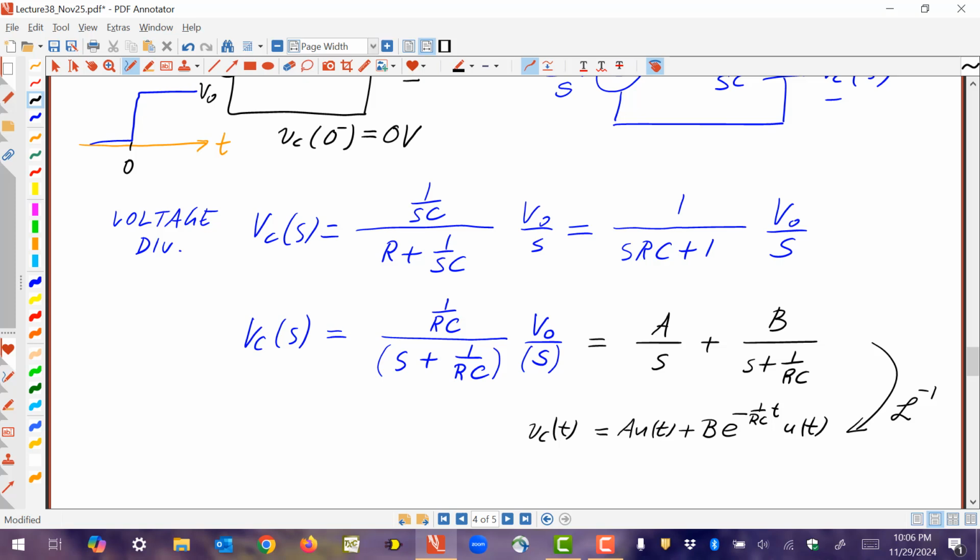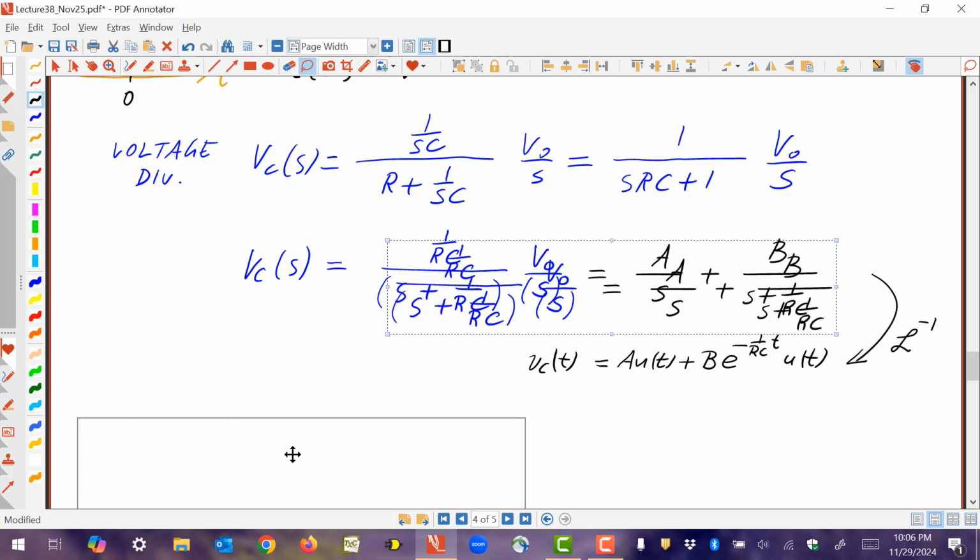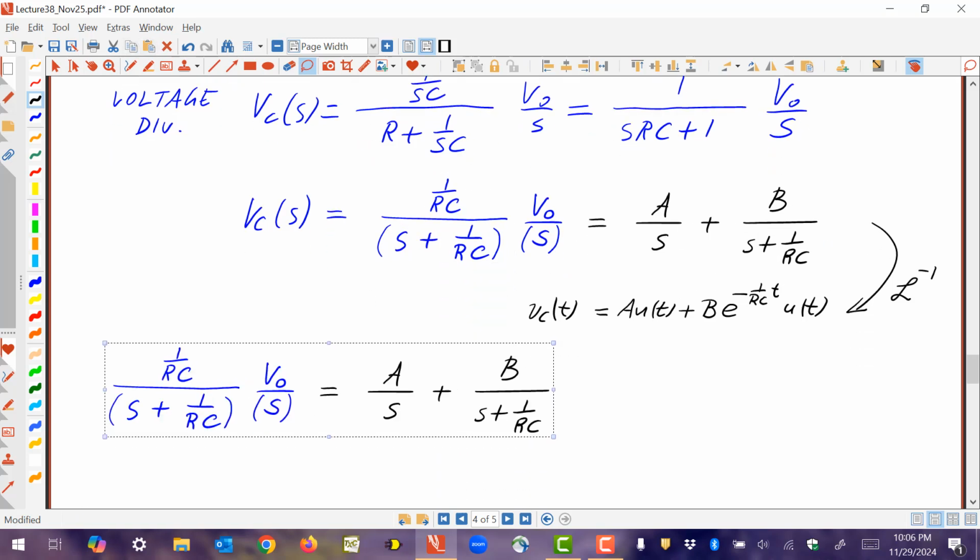There's a cover-up method, there's a residue method, there's different ways, right? Cover-up method and the residue method, I guess, are the same, but you can also match the coefficients. Let's match the coefficients. Again, I don't care which way you do it, but if we take this, for example, and take it over here, right? One way we could solve for A and B is after we have written the blue portion as the sum of the two